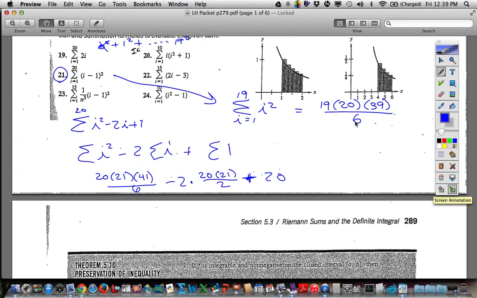But what I do want you to notice is that sigmas are not unique. Any sum can have an infinite number of sigmas that could generate it. For example, I could take this same one here, and I could have gone i equals 2 to 21, and then (i minus 2) quantity squared. Wouldn't that give me the same sum? And then I could just keep doing that. I could go 3 to 22 and do (i minus 3). I mean, you could start the i anywhere,